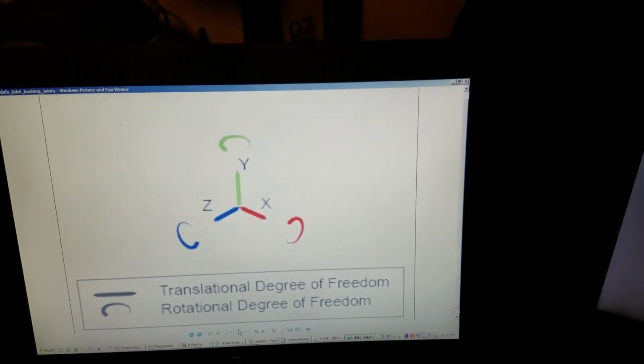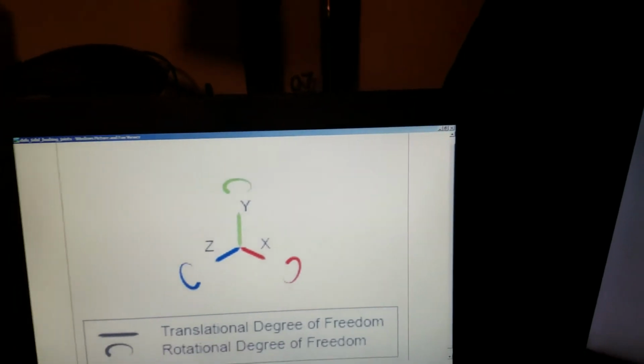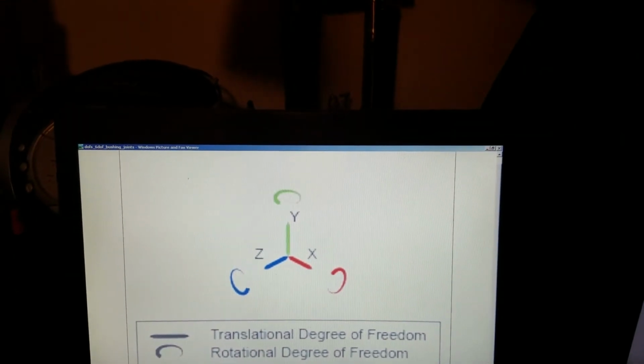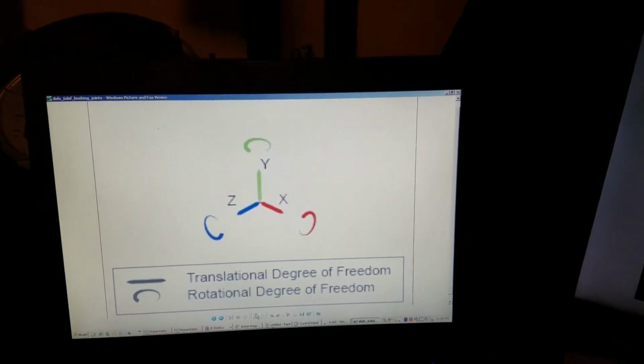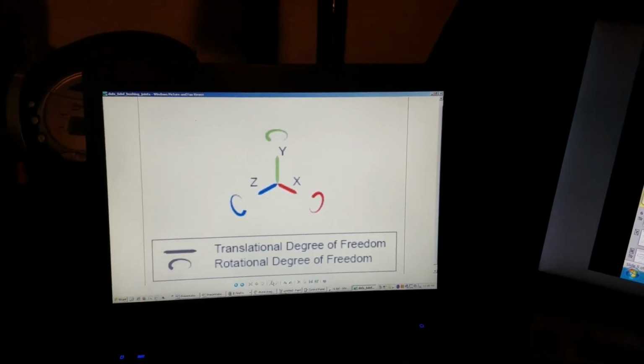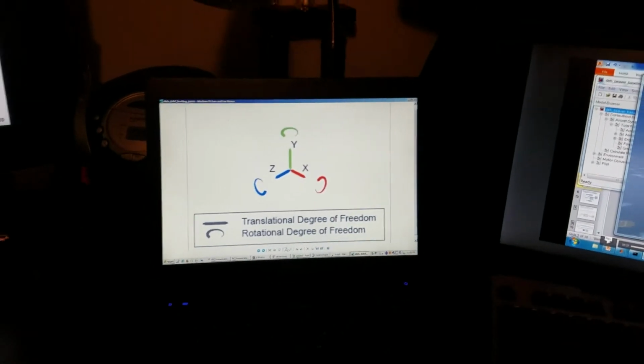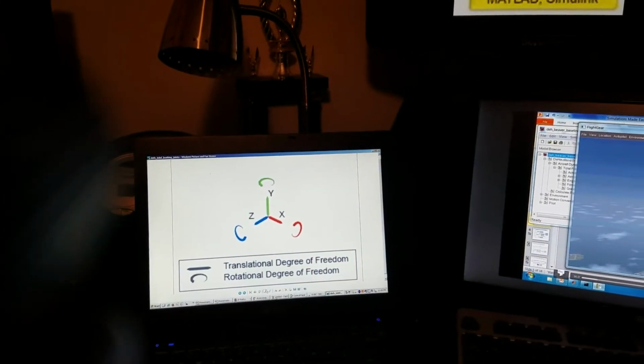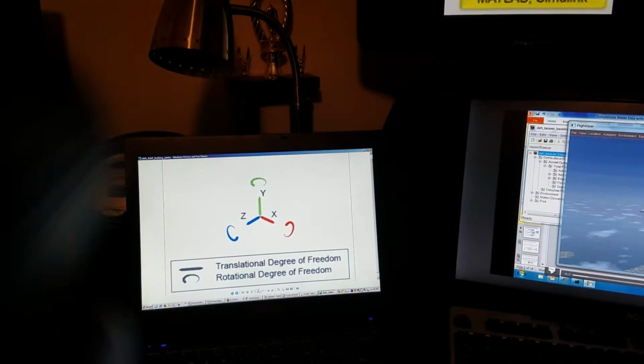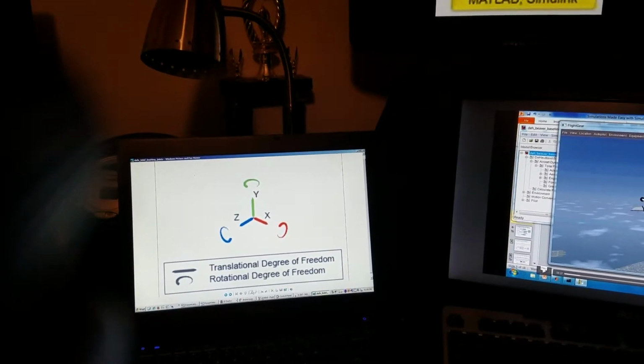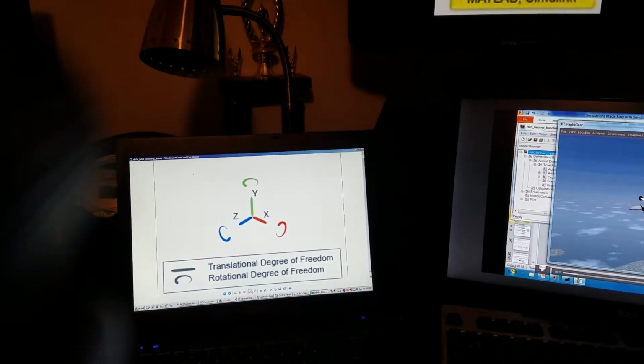You see translational degrees of freedom and rotational degrees of freedom. Out of all the joints that you will be dealing with, that is also very important. That's the primary important joint you'll be dealing with when you are dealing with drones. Okay,